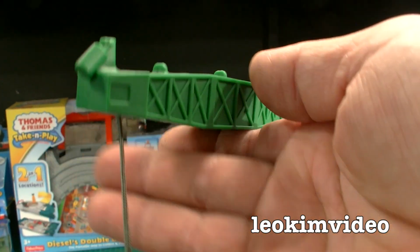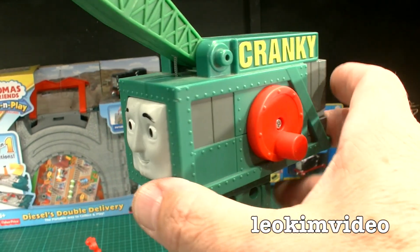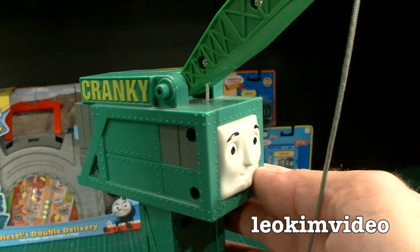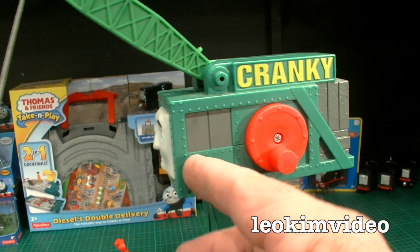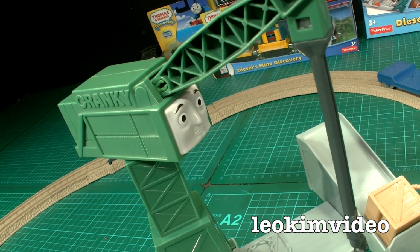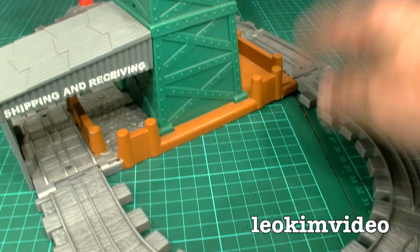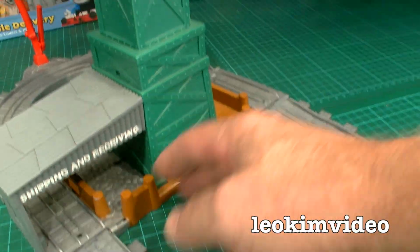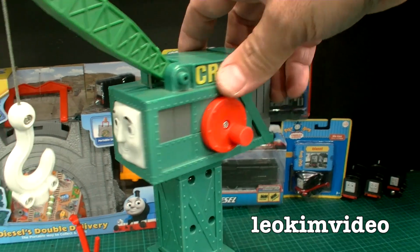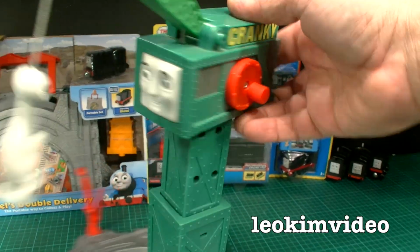I know for a fact my son had a ton of fun playing this Cranky, and hey, so did I, but this Cranky is like a totally different Cranky to the one that we see in this Classic Trackmaster playset. Completely awesome Cranky. I'm glad I brought it out to show you because it was take and play. It had sort of hinges there, and with that little feature you could do your favourite episode, and it could be Bugs, and Cranky would be going, you're nothing but bugs,